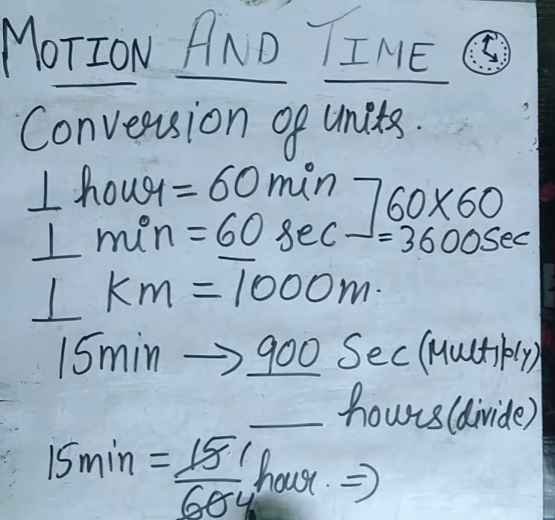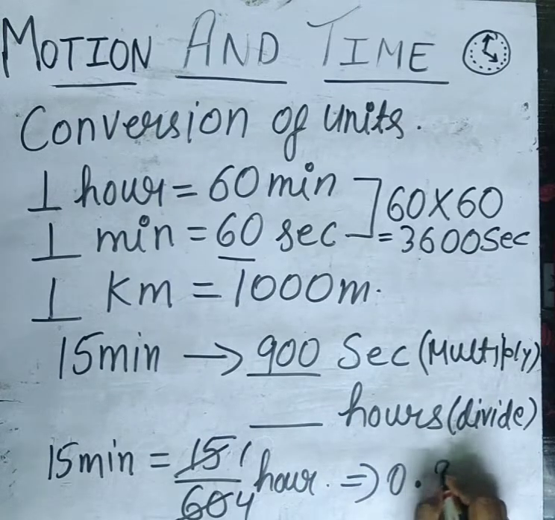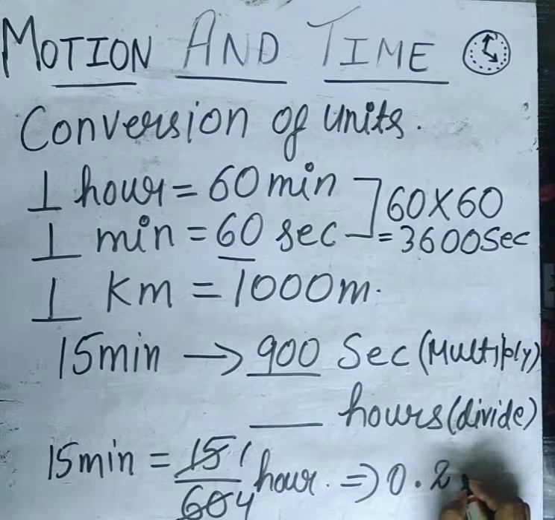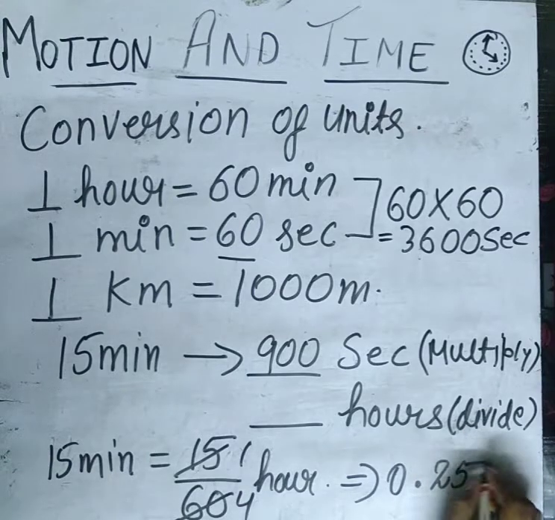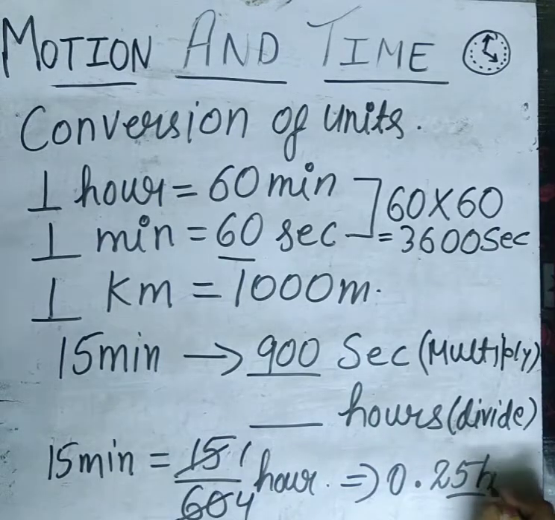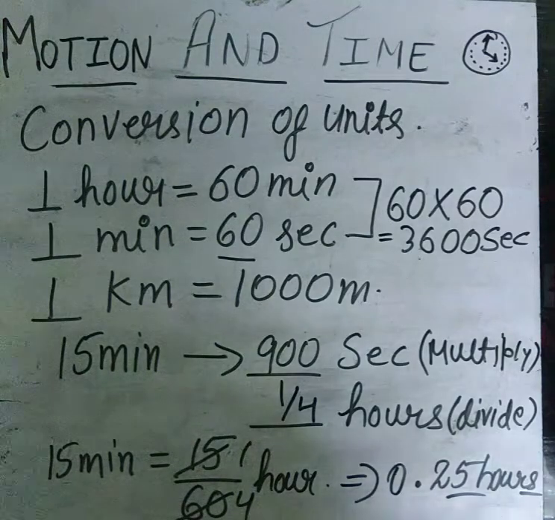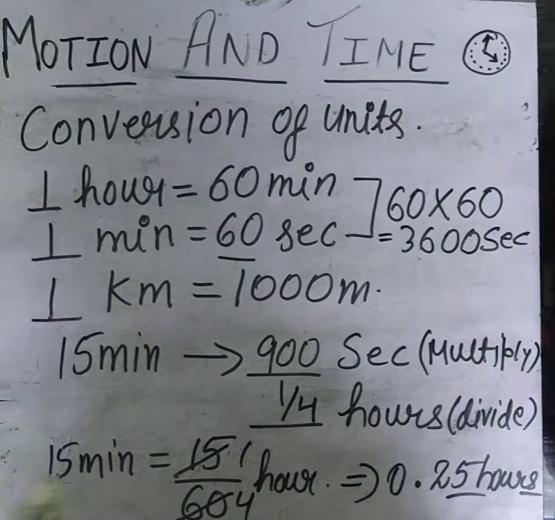How can we get it? We just need to divide this. So it will come as 0.25. Okay, it would come as 0.25 hours, but it would be rather good if we use this form only, 1 by 4 hours. So here it would come as 1 by 4 hours. It would be simple for us to use this. So based on these formulas only, we will continue again with some more examples I will provide you.